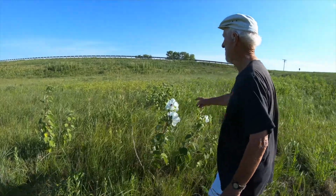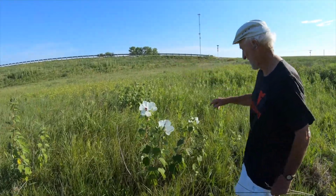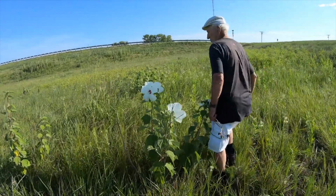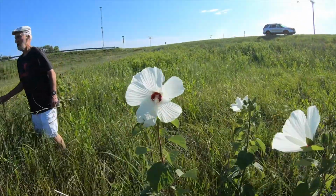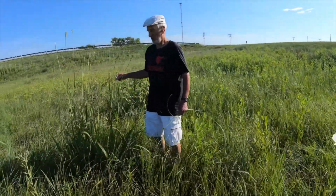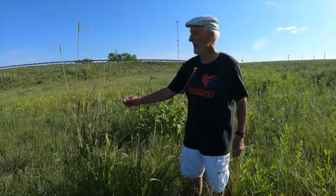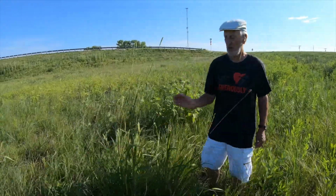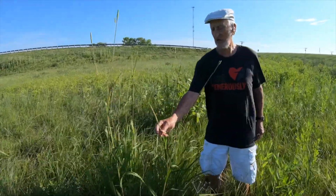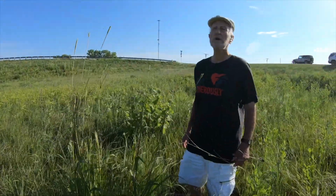But as we look around, here's a nice little clump of eastern gamma grass. Although it's not 6 and 8 feet tall, it's just 3-4 feet tall. Again, part of the adaptation to the local dry conditions. But if you look at it, it's setting excellent seed. It is flowering. So those roots probably reach down 6 feet, maybe even more, down there where the crawdads now